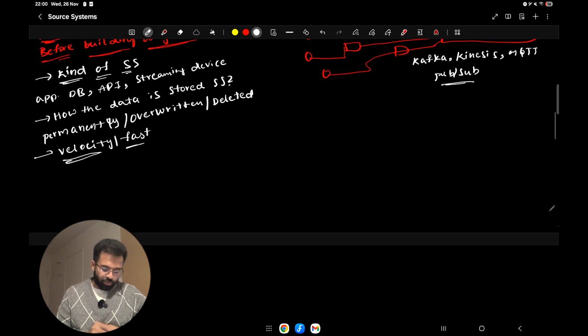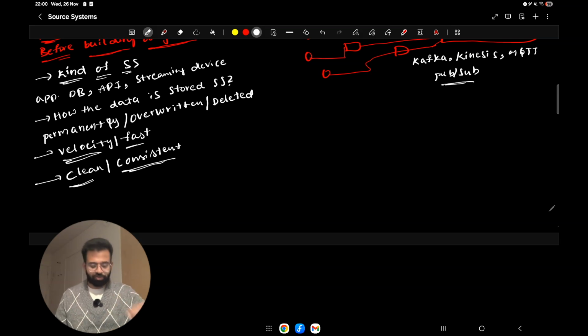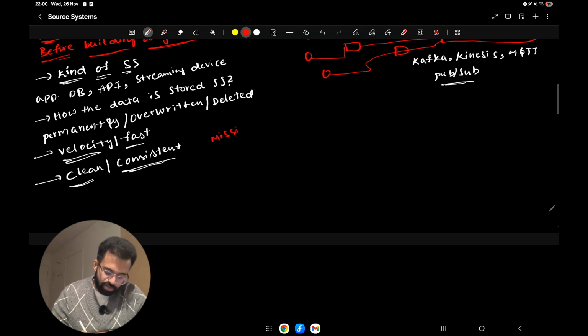And then, of course, everything is important, but this is also the most important: how clean or consistent the data is in your source system. What do I mean by clean or consistent? Some of the source systems I worked with normally have missing values, the most common, and then of course free text fields.